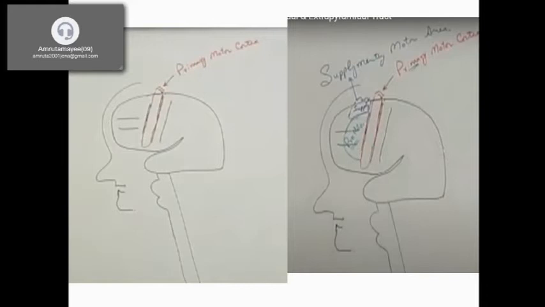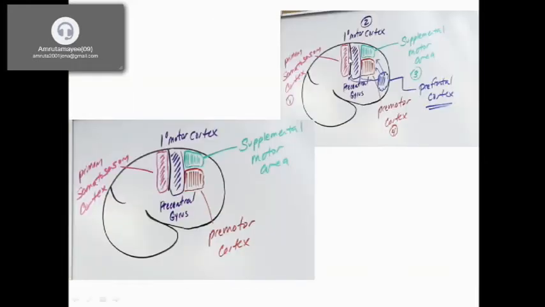Then you can see in diagram number 2 the primary motor cortex in purple color, on the precentral gyrus. In pink color is the primary somatosensory cortex, in gray color, behind the precentral gyrus. It acts as a collector of responses.